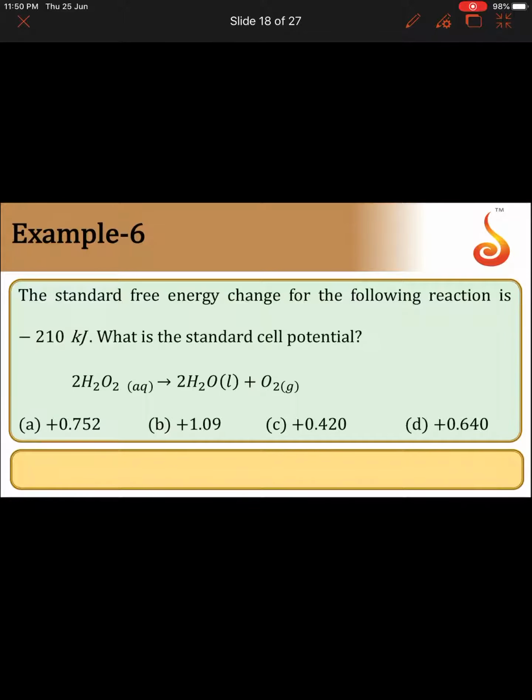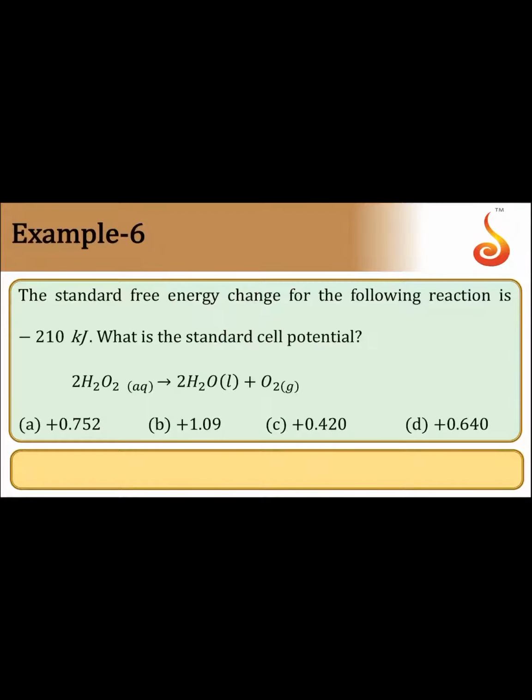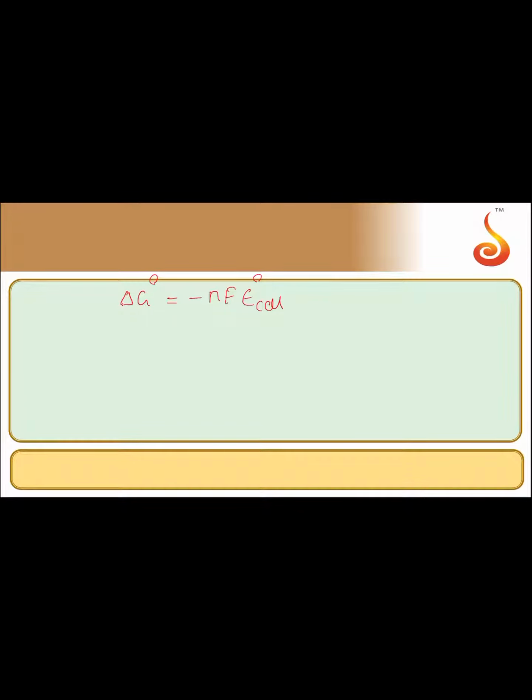The relation between standard free energy change and standard cell potential is ΔG° is equal to minus nFE°cell. ΔG° value is minus 210 kilojoules. So minus 210 into 10 power 3 joules, converting this into joules, is equal to minus n, where n is the number of